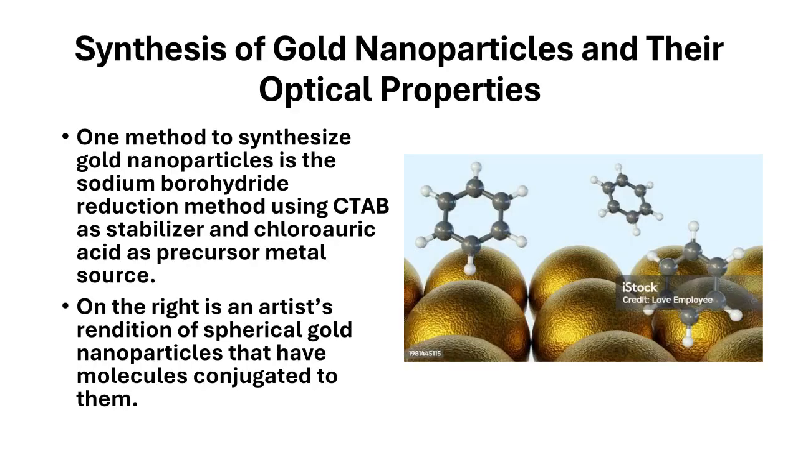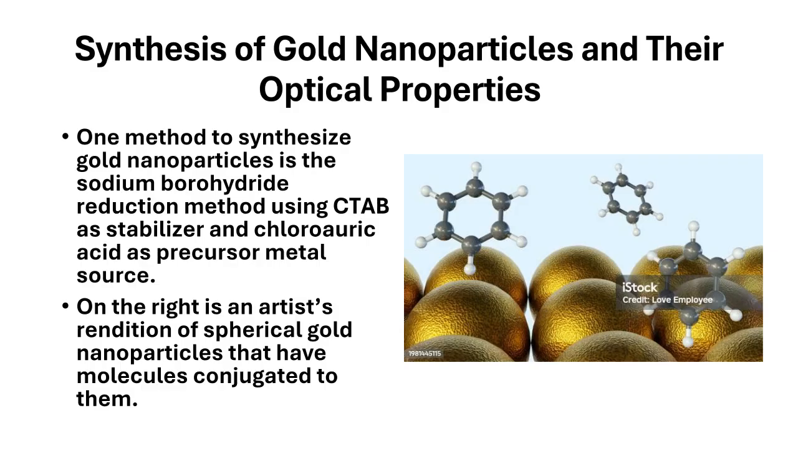This experiment involves the synthesis of gold nanoparticles using the sodium borohydride reduction method. Sodium borohydride is the reducing agent, cetyl trimethylammonium bromide, CTAB, is the capping agent, and chloroauric acid is the precursor metal source. The figure on the right shows an artistic rendition of gold nanoparticles that are conjugated with molecules. If access to a UV-visible spectrometer is available, the absorption spectra can be measured and the surface plasmon band can